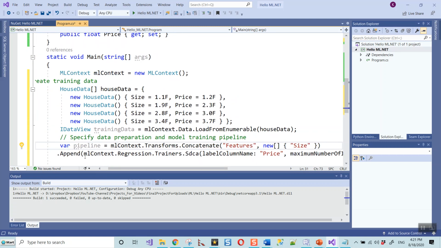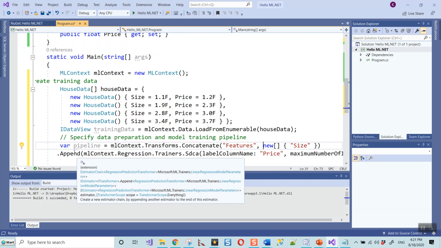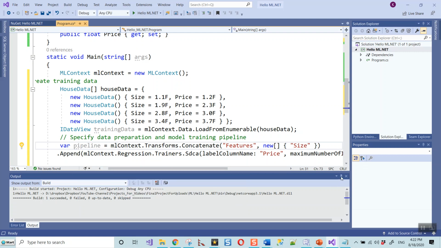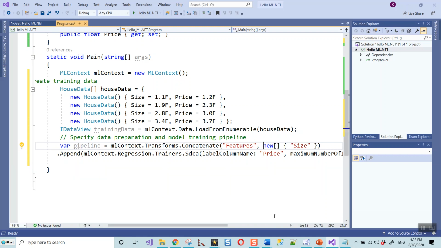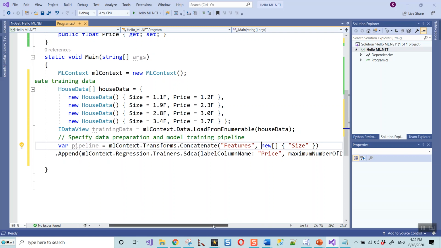Okay, and then Append. What does this Append function do? Append creates a new estimator chain by appending another estimator to the end of the estimator. It is just like a sort of middleware pipeline, as those who have seen my ASP.NET Core tutorials have seen. It's creating a pipeline for model training.